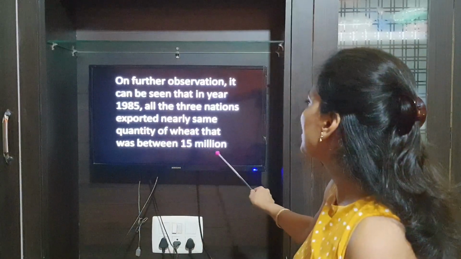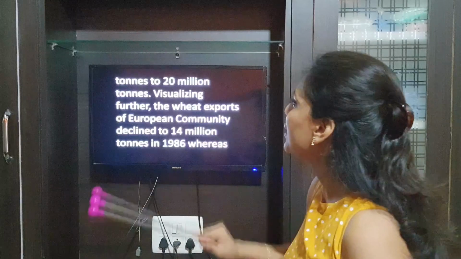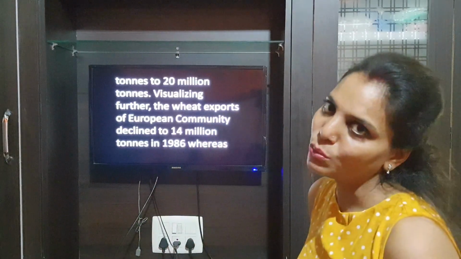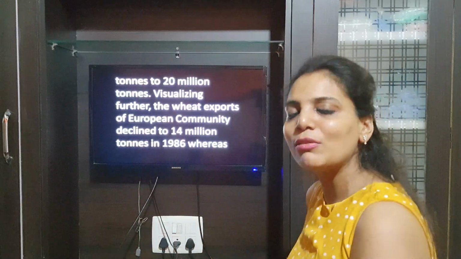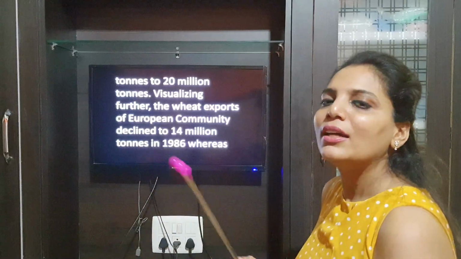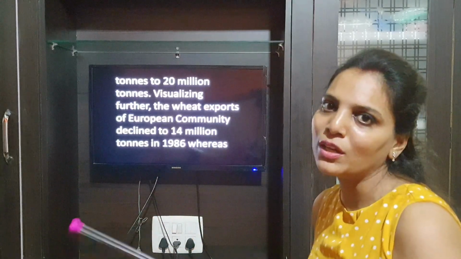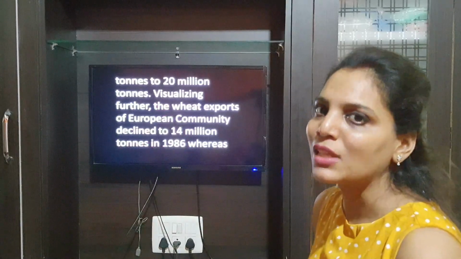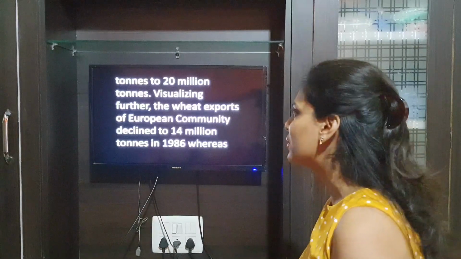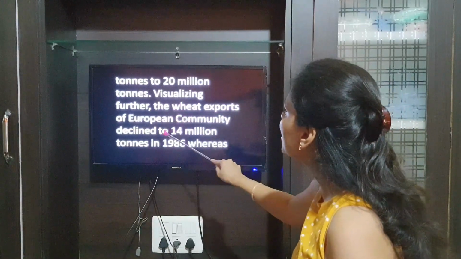Their quantity of wheat export was between 15 million tons to 20 million tons. I have not written individually for every country. I have written collectively that the wheat export of all the three nations ranged between 15 to 20 million tons, right? Visualizing further, if we look at the graph further, what we can see is the wheat exports of European community